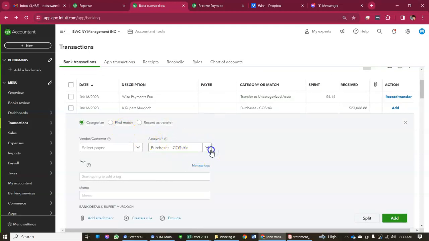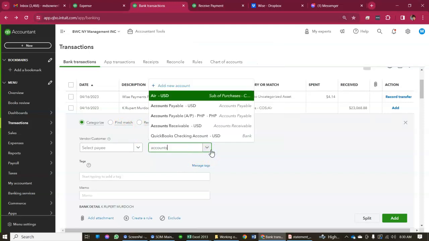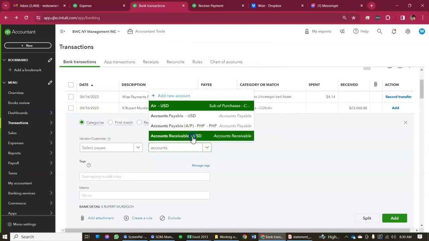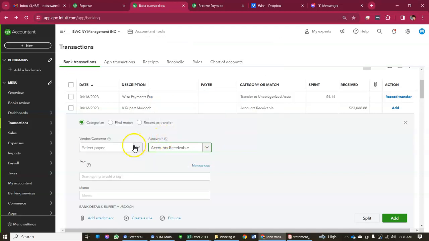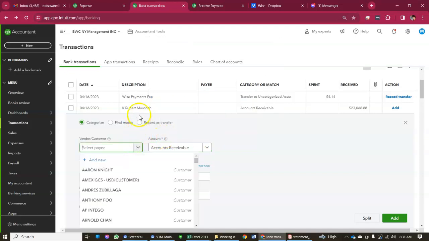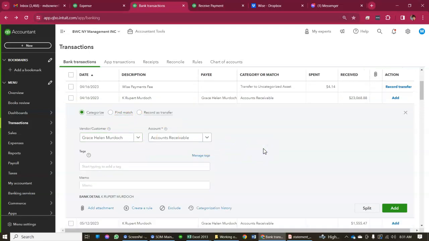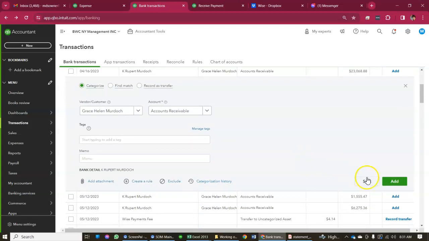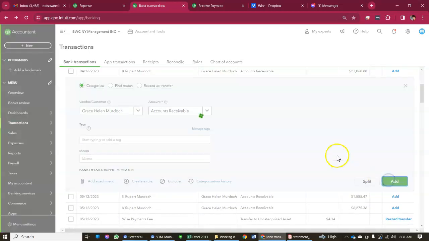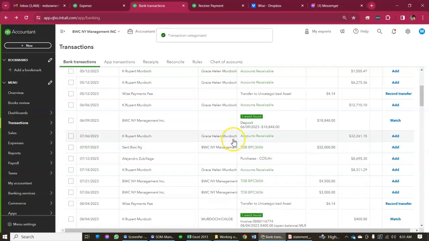Then we use the accounts receivable. Okay, then the payee, if the description is K Rupert, we use Grace Helen. Okay, Murdoch. Okay, that's on the other hand, there are other descriptions other than K Rupert for that, like